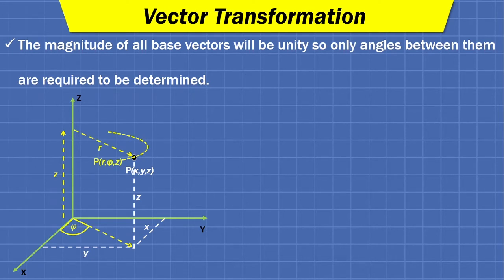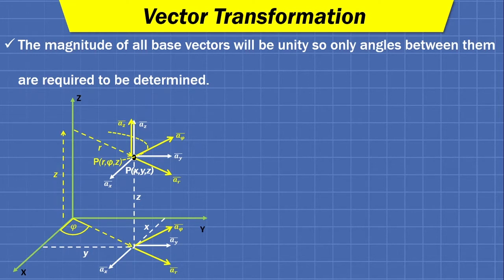This yellow dotted line represents the same point in the cylindrical coordinate system, having coordinates r, phi and z. The directions of x, y and z can be represented in this manner, and the directions of r, phi and z can be represented in this manner. Now, as you can see, this a_r vector is always parallel to our xy plane, so we can take the projection on the xy plane for a better understanding of the angles.